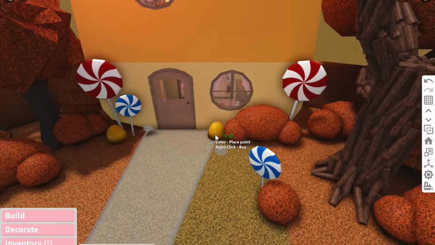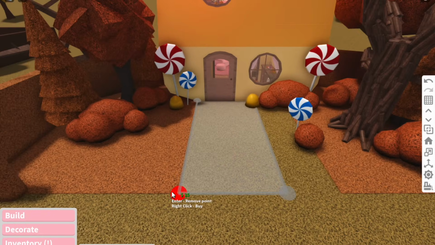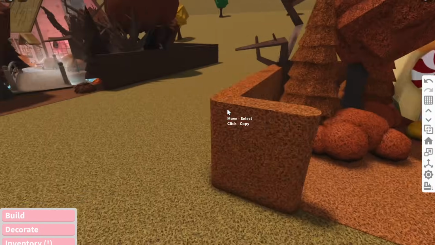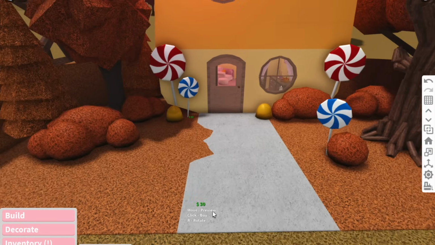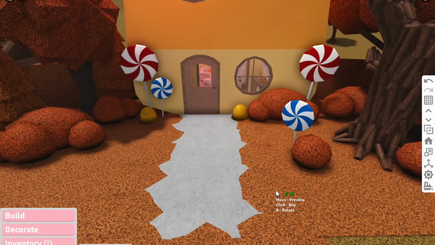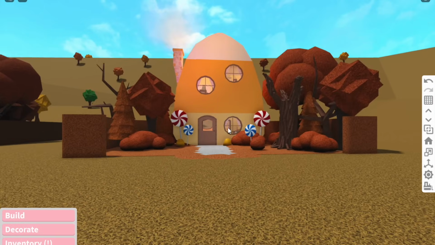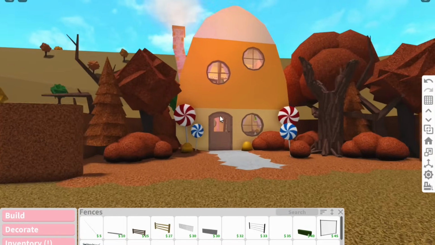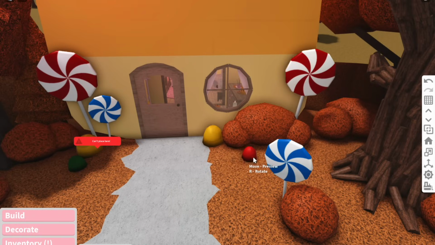What I'm gonna quickly do is add a pathway here, just so I know where the path is going, like that. And let me add this patch of grass back quickly. And then what we're gonna do is add these dirt piles to make the path look a bit wonky and more realistic, like this. Oh my gosh, this is adorable. It looks a bit like a rocket ship. Is that just me? It's also reminding me of Hansel and Gretel. This is like my Halloween version of my gingerbread house. We need to get more candy on here. We're gonna add more